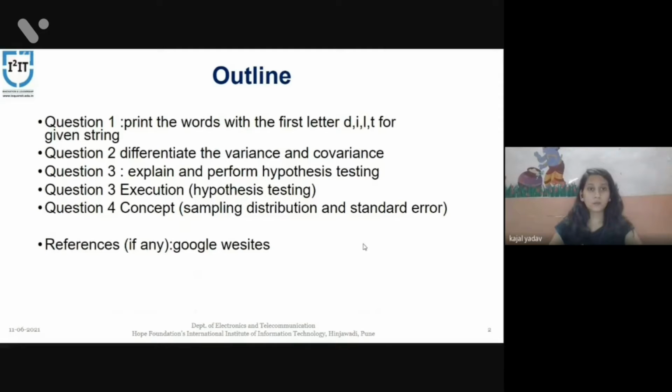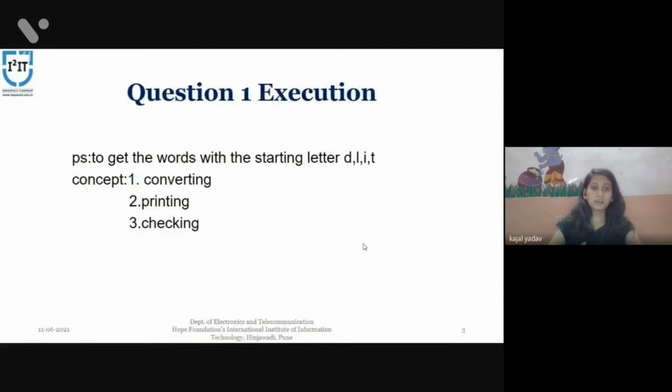My concept is to convert the whole string into separate words, and then compare each word's first letter with the given four letters, checking whether the first letter of each word in the string is equal to these four letters.